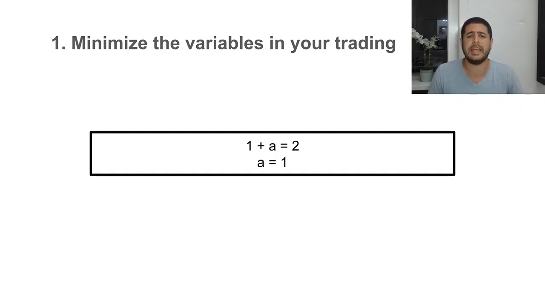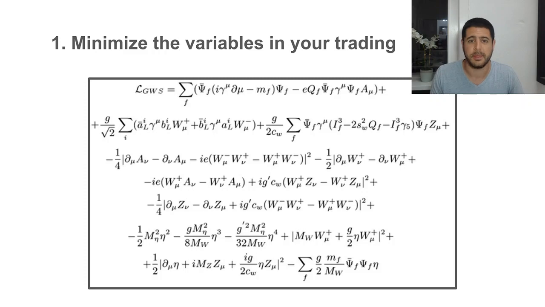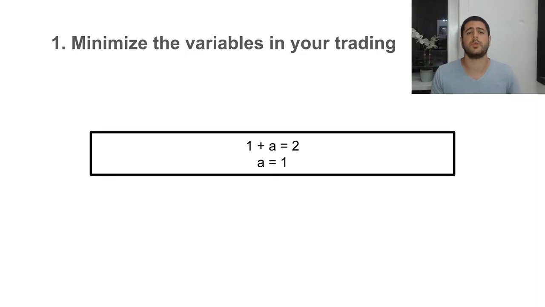1 plus A equals 2. What is that? Well, 1 plus 1 equals 2. Simple addition is easy to follow. Multiplication a little harder. This mess, good luck. So what we want to do is we want to minimize the variables in your trading,